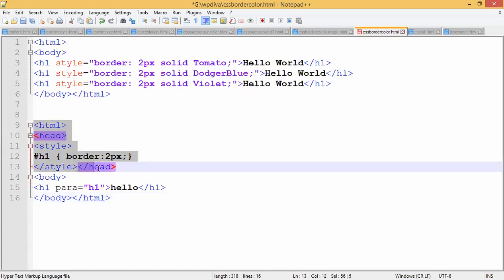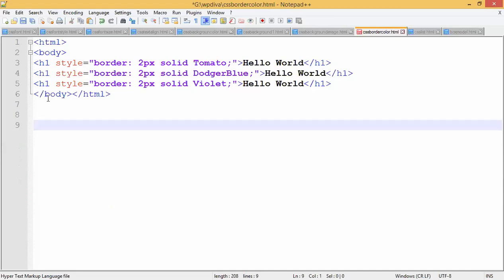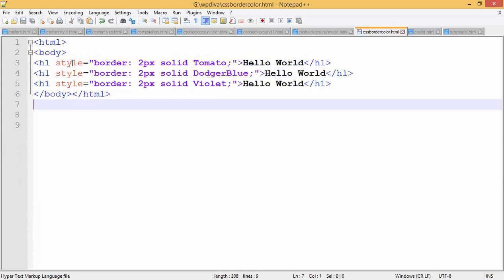Now I'll just remove this part of the code. And now this is which type of CSS, guys? It is inline CSS. You are writing that for H1. You are applying that for H1 internally. So what I'm doing, I'm directly taking style. I'm taking a property called border. I'm taking a property called border, and how to write the border color. If you want to apply border size as well as color, how you write that, the property is very, very important, guys. See the property, how to write it.